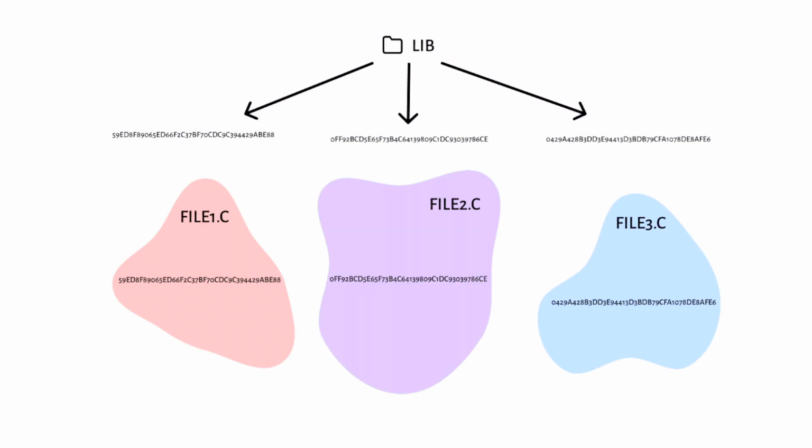The second type of Git object is called a Git tree. A Git tree is nothing but a Git object which stores a bunch of pointers to other blobs or to other trees. So I'll explain again with the same example of my project. Let's say I'm storing the tree pertaining to the folder lib. This tree pertaining to lib stores the pointers to the children blobs file1.c, file2.c and file3.c. I'll store the Git IDs or pointers to these blobs so that whenever I want to build this lib folder, I can use this Git object called tree and I can recreate the same directory structure.